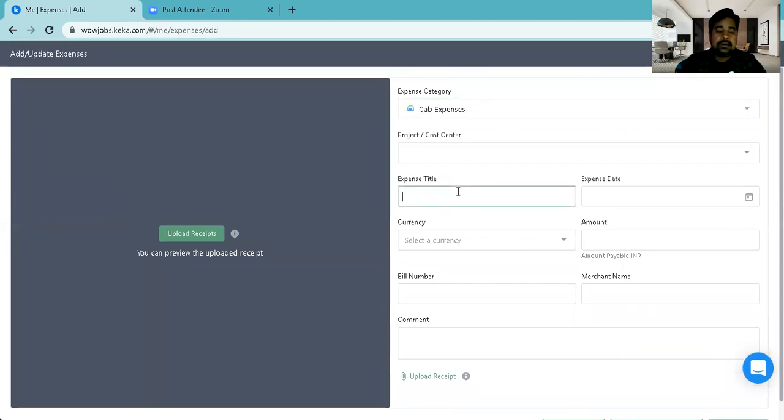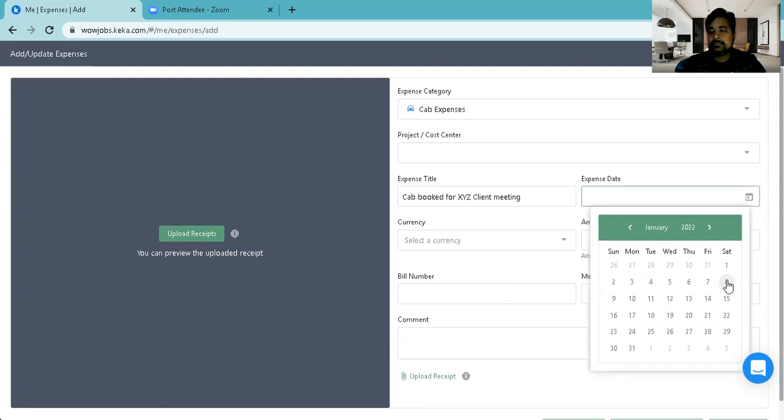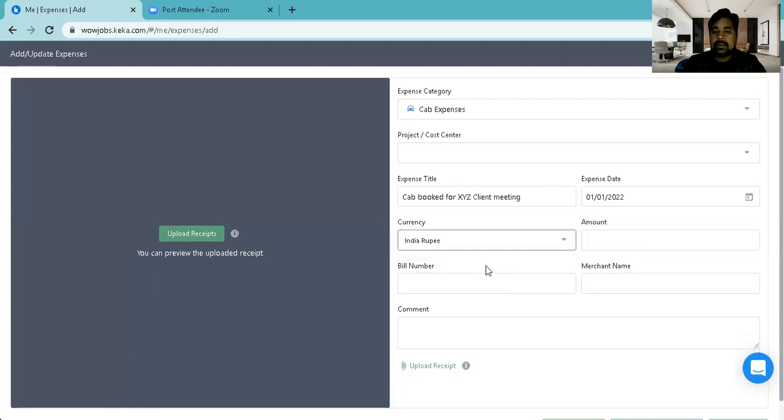You can put the title like cab booked for XYZ client meeting. You can put the expense date, for example, first Jan. You can put the currency. You can put the amount, how much you have expensed. If you have a bill number, you can put the bill number. You can put merchant names, for example, Ola. You can put the comment details, so your reporting manager can approve it,